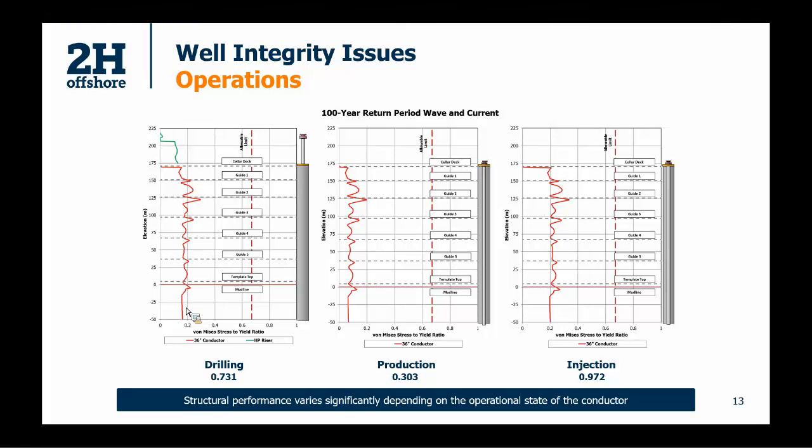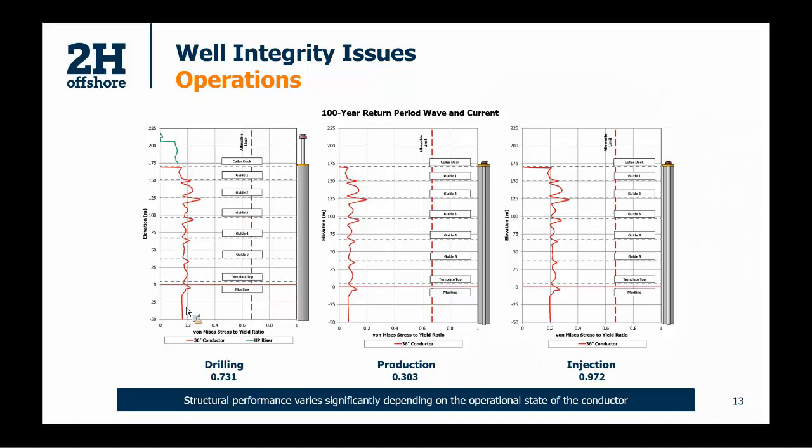So the point here is if we didn't consider the thermal effects that are associated with different operations, if during drilling we had a slightly higher result of something like 0.85, that would still be acceptable, but it would mean that when we then came to look at injection, you were potentially looking at susceptibility to buckling with an IR greater than 1. So it's important to consider the operations the conductor will see throughout its life, and particularly for strength and stability, make sure that you're considering the most onerous configuration that it will have. So if it's going to have injection operations, then we need to consider the cold loads that are associated with that.